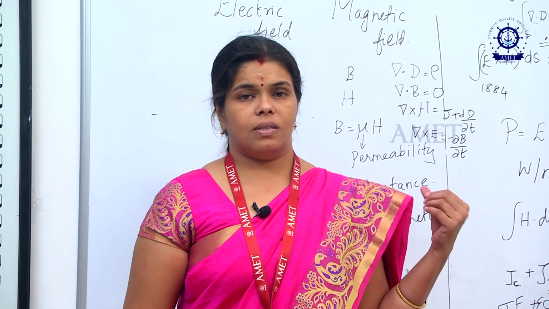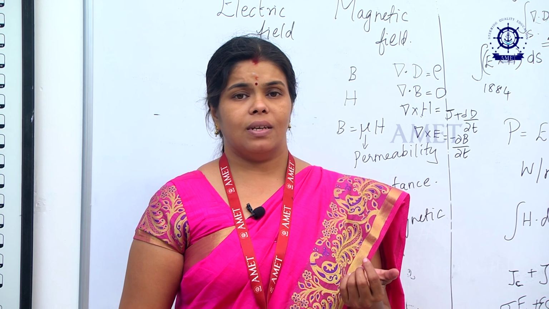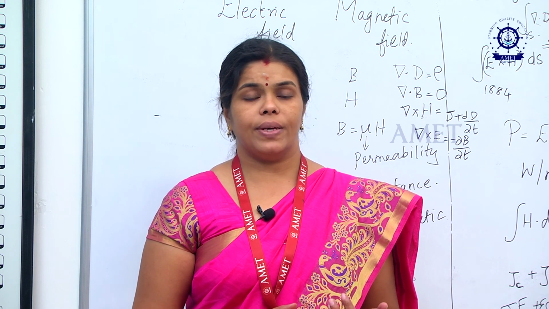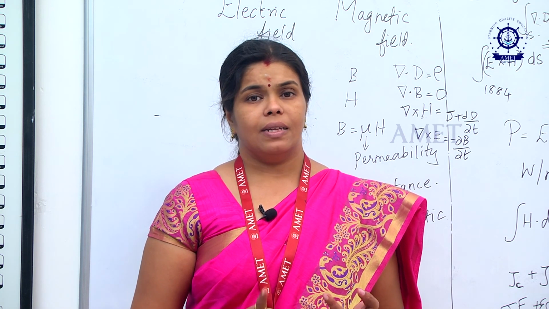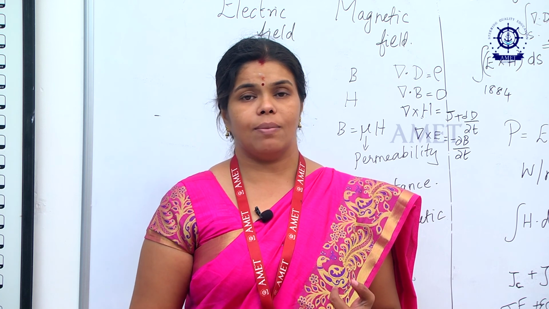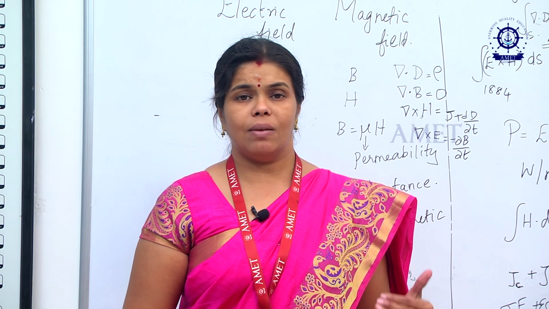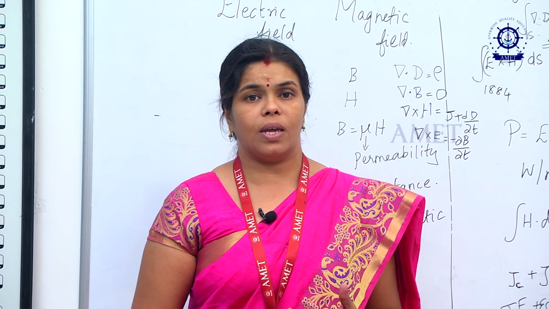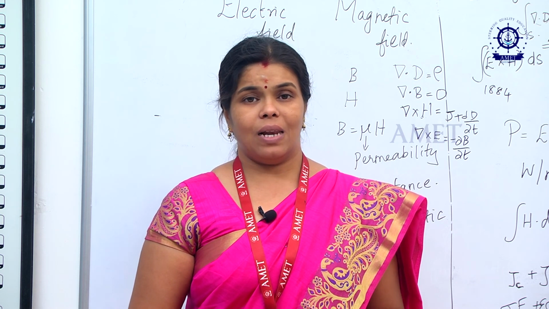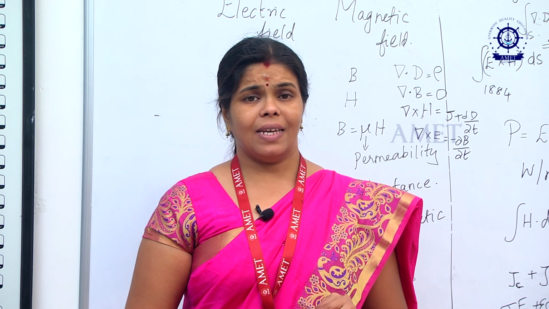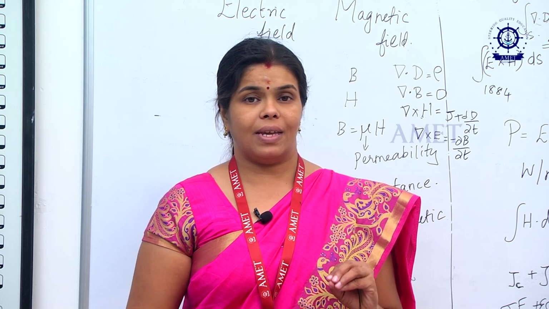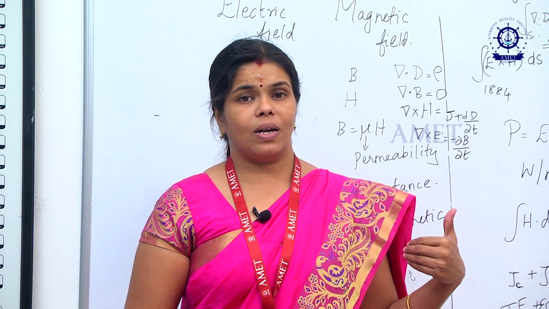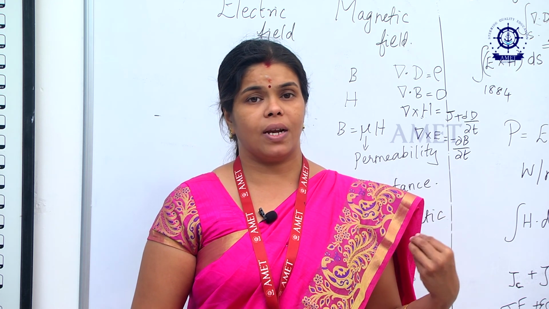So today we saw what Maxwell's equations are, and from where Maxwell derived the equations. Actually they are the basic equations from Ampere's law, Faraday's law, and Gauss law for both electric as well as magnetic field. From those equations Maxwell derived the equations, and we name them Maxwell's first, second, third and fourth equations. With those equations and with the help of the modified Ampere's law, Poynting, a scientist, derived the theorem, that is the Poynting theorem, and finally we conclude the Poynting vector, that P vector equals E cross H vector.